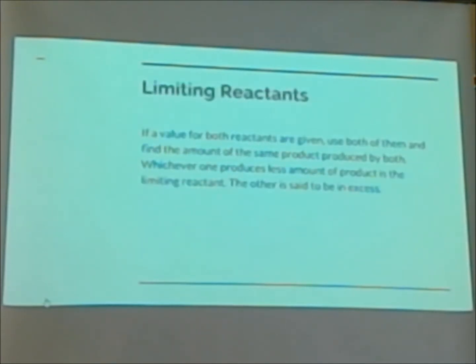Okay, so this is something that will annoy a lot of people, it annoyed me a lot. But limiting reactants, when we think of it like this, Miss Kingstreet has the best analogy. She says, if you're making a cake, you need 1 egg, and you need 2 cartons of milk. And if you had at your house 8,